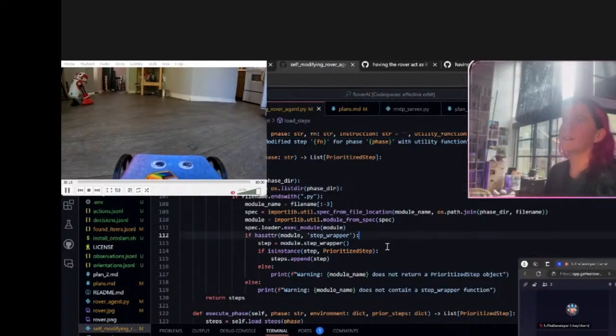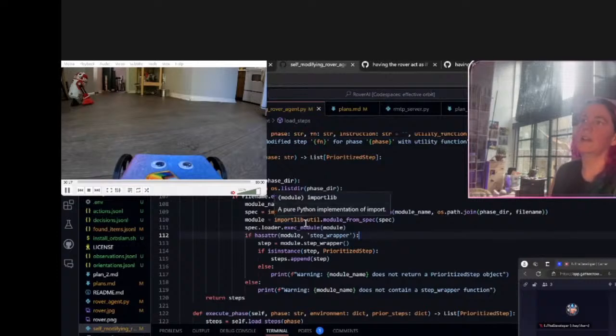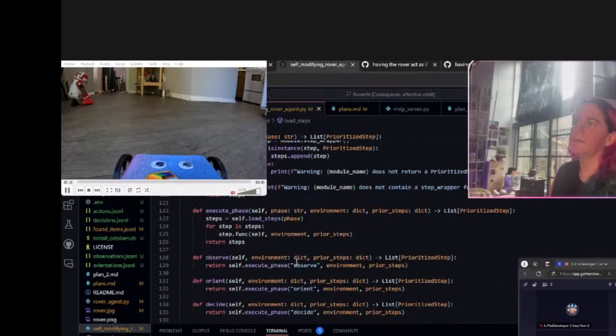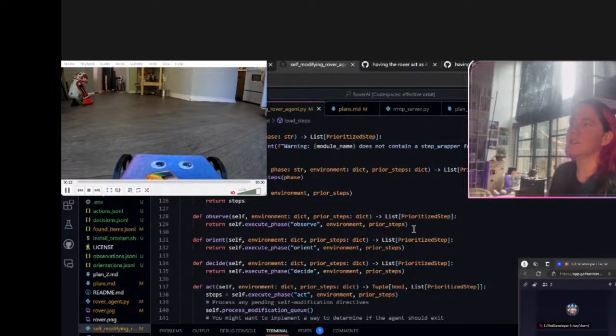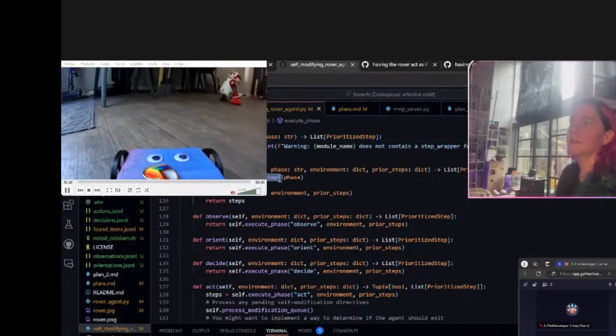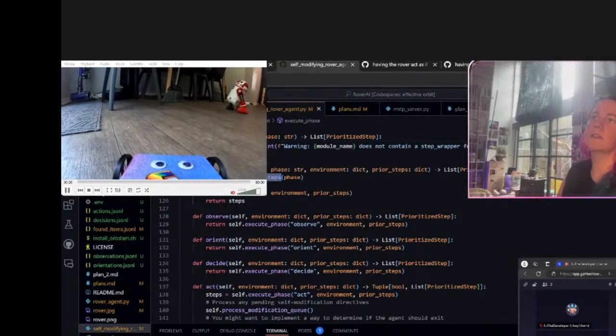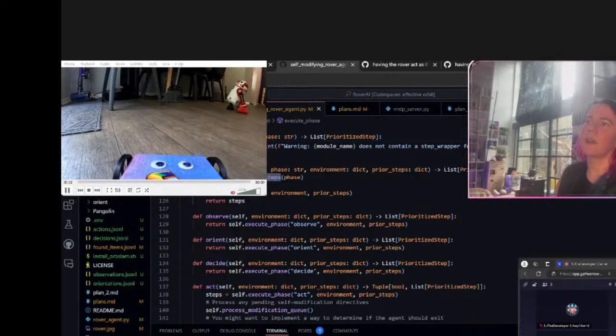But this is kind of the pattern for having a self-modifying agent. You have this phase, and all this does is execute the phase. How does it execute the phase? Well, it loads the steps. What do you mean, load steps? It just pulls in all these files.